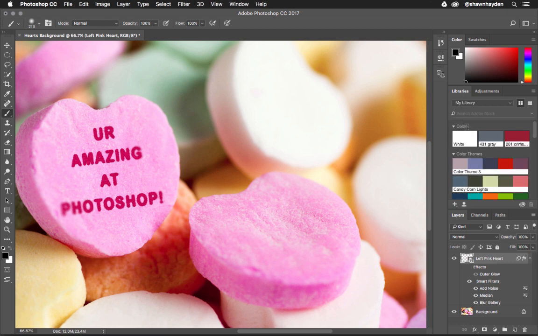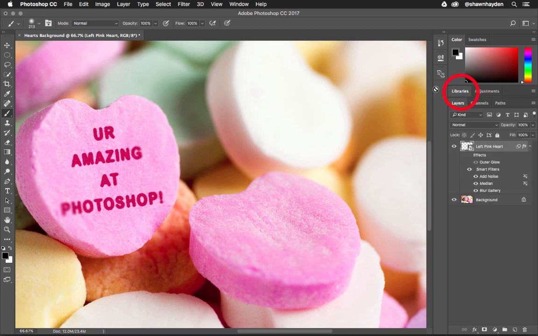I don't really need my library, so I'm going to double click on the tab here to minimize it. Okay, so we can see I've got my left pink heart with a bunch of smart filters applied to it. It's also a smart object, and we're going to learn a little bit about smart objects here while we create this. Alright, so the first thing we need to do is to create an object to base our